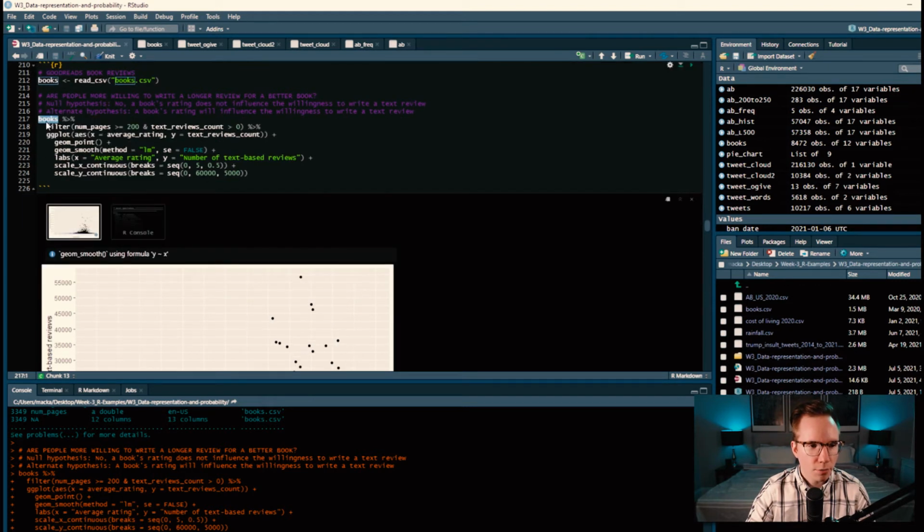So first thing we're going to do, pipe the books data frame into the filter function, make sure the number of pages is greater than or equal to 200, and the book also has to be associated with at least one or more text reviews. We're then going to, instead of setting that equal to a new data frame, pipe it straight into the ggplot function, so we can skip the data argument of ggplot because it already knows to use this data frame that you piped into it. And we can skip right over to the aesthetic argument, where x is equal